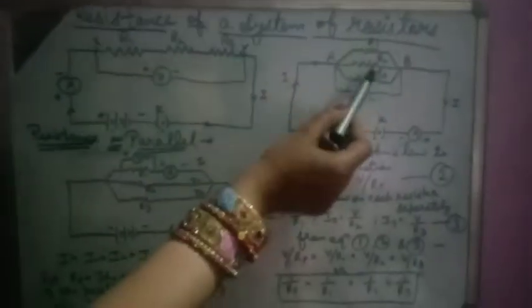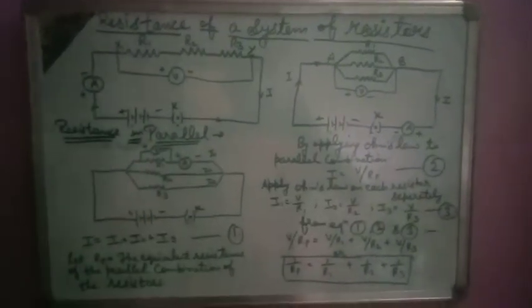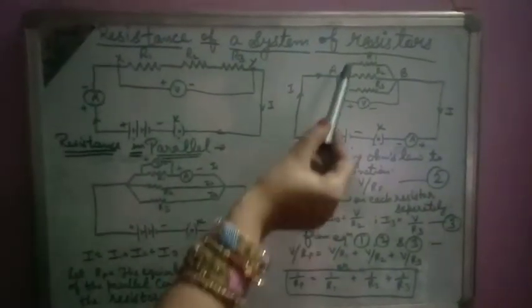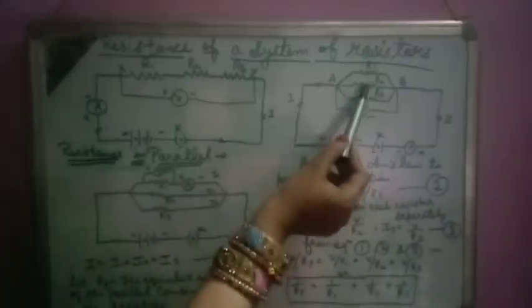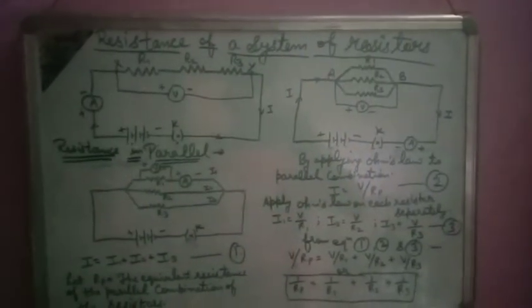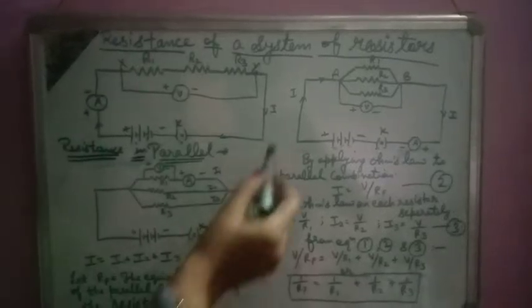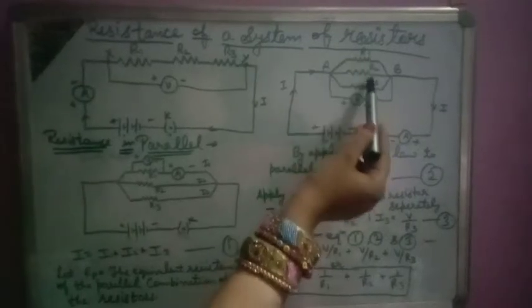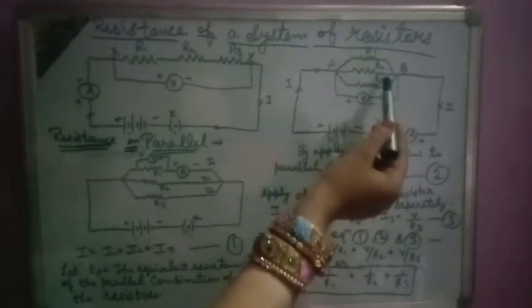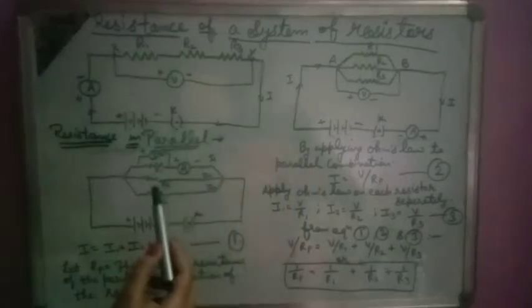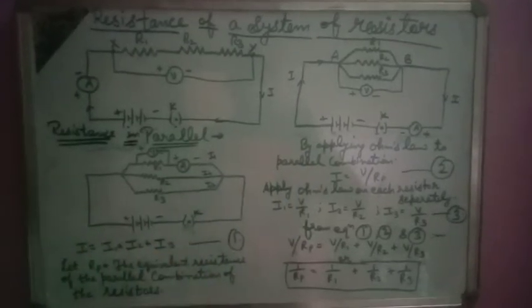Here what I will see in this circuit is that the potential difference across each resistor will remain the same. What I have said is that the potential difference V across each resistor will remain the same, but the value of current I will be different across each resistor. So to check this, that potential difference will remain the same along with each resistor and the current will be different, I am going to explain this activity.